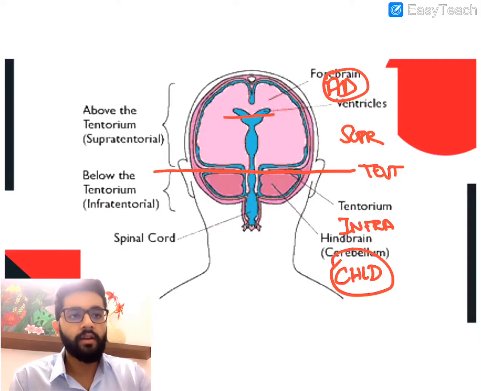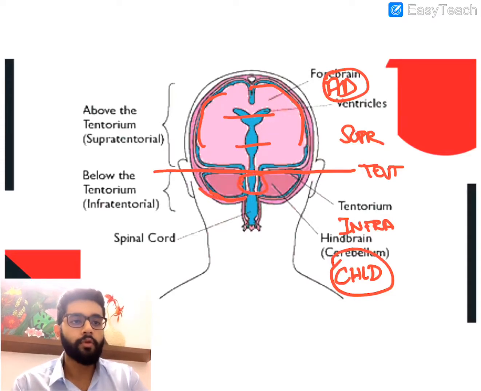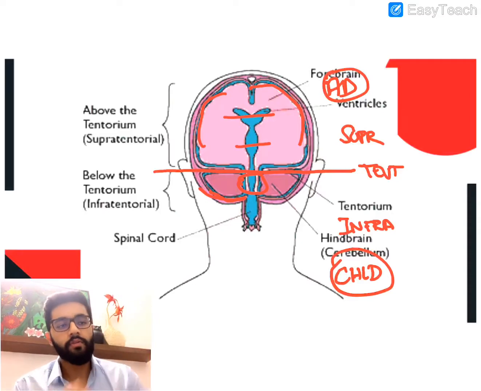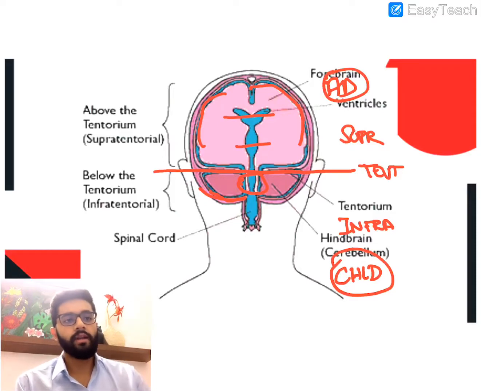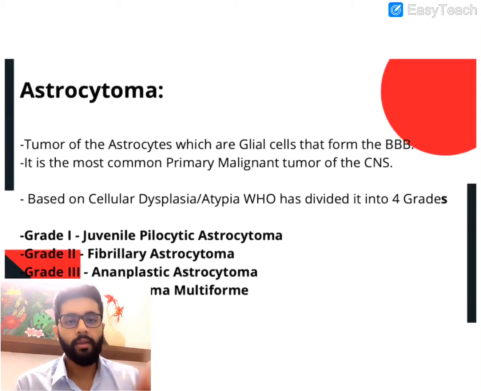So what all are there in the supratentorial space? You have your lateral ventricle, third ventricle, and cerebral convexities. Okay, so these are the common sites of tumors of the adults, which we discussed earlier, and infratentorially you have the cerebellum and the fourth ventricle, which are the common sites of tumors of children, again which we discussed earlier. So remember, children are inferior or smaller rather, so infratentorial for children, adults are superior, or above them, so supratentorial for adults. Okay, so that's how the tumors divide in an anatomical way in the CNS.